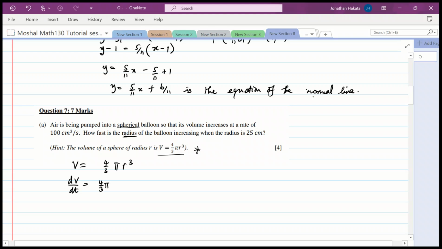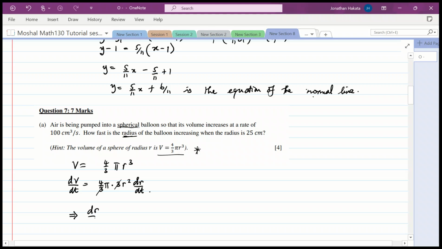But we differentiate r cubed. So this will be 3r squared. But because we are differentiating a function that depends on time, we multiply by dr/dt. Okay, so these 3 will cancel, and you remain with 4 pi r squared dr/dt,